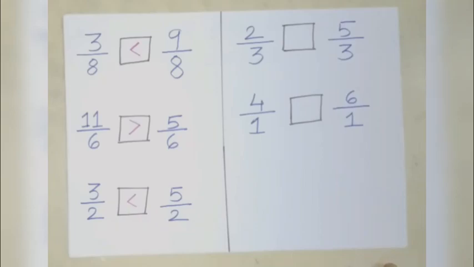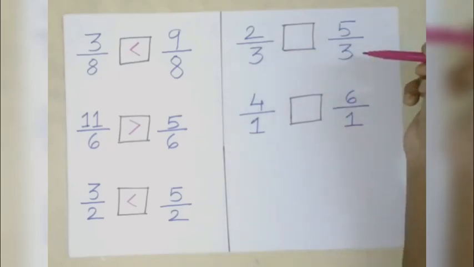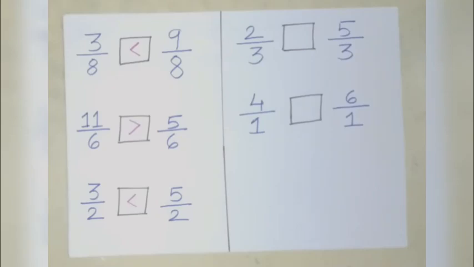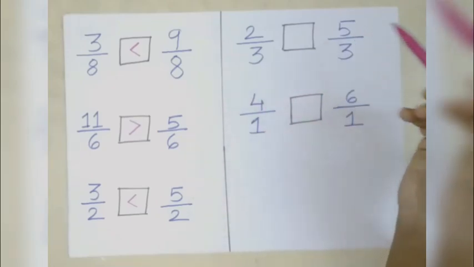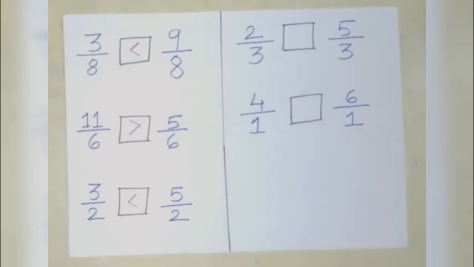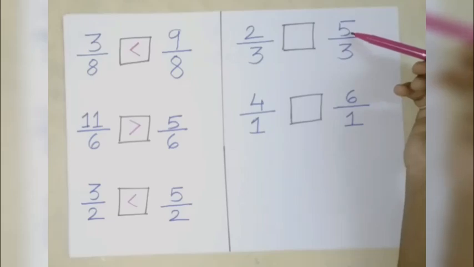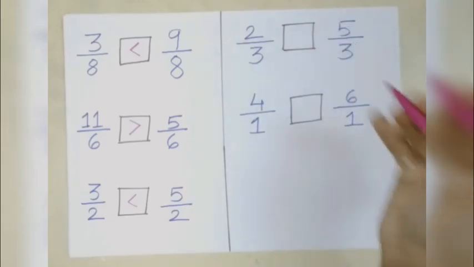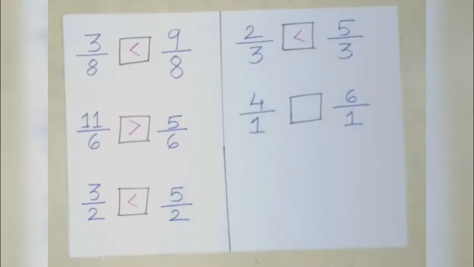Our fourth example is 2 upon 3 and 5 upon 3. This is the like fraction. So we will see numerators. Numerators means ऊपर वाला number. So children, 5 is greater than 2. So this is the greater fraction. Now children,